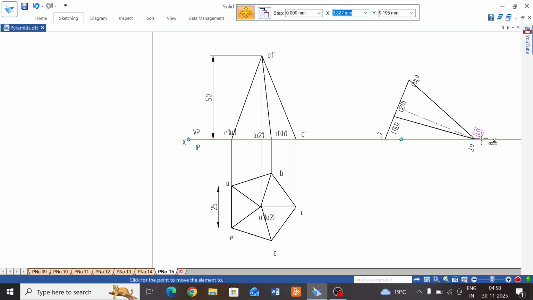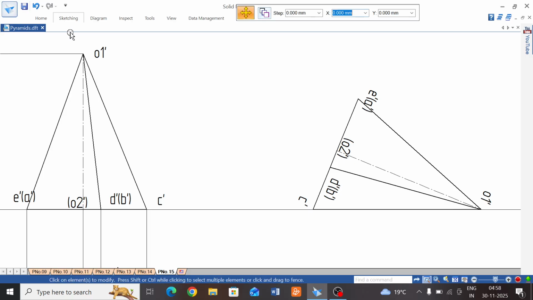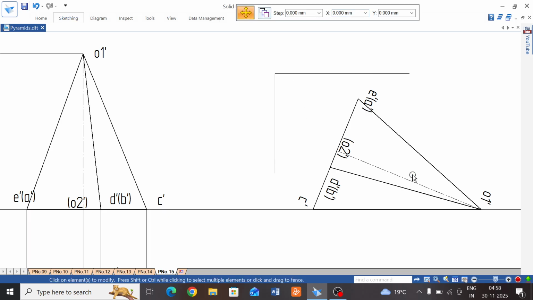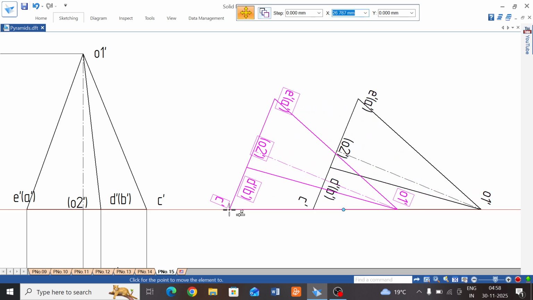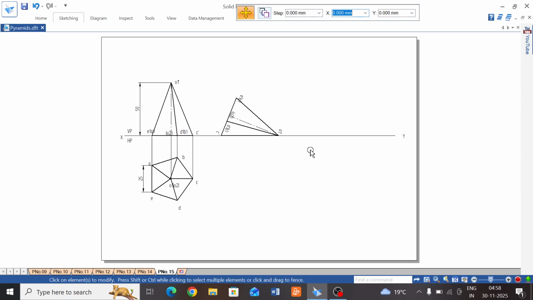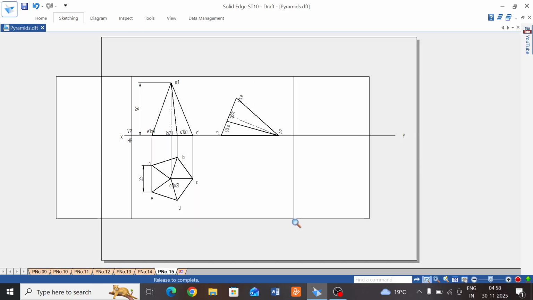because it has to be front view, points must be up, and you can zoom this much area and you can move towards the left wherever you want, and the point must be on the XY line, move it over this. The C dash and O1 dash slant edge is resting on XY line. Now project downwards, zoom this much area, you will get a better picture,